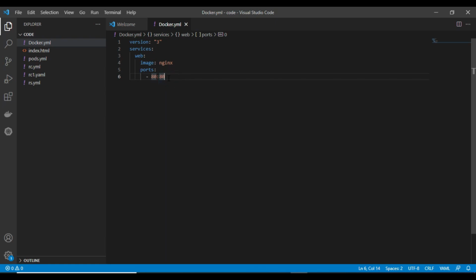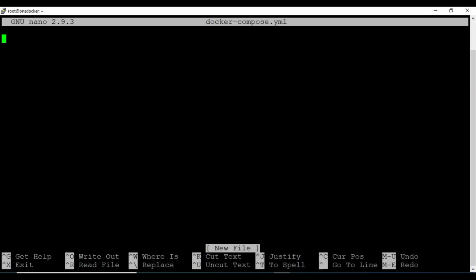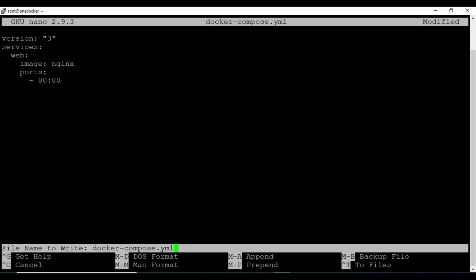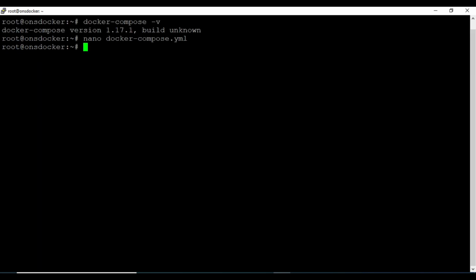So how can we do that? We have to open the ports on our physical machine. In that case we will write some code. You can see here that I have pasted my code. In that environment we are using version 3, the service name is given as web, and the image nginx is going to be used. The physical system port is 80 and the container port is 80. We are going to bind 80 to 80 and save. So we put Ctrl+X, Y for yes, and Enter to save. After that we have to run our Docker Compose file.